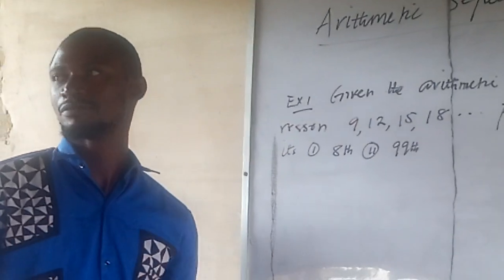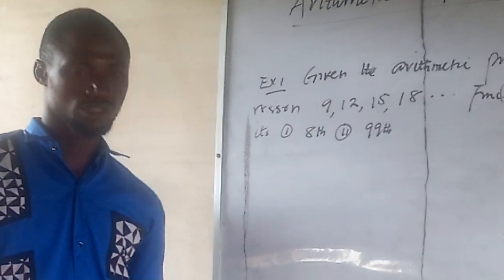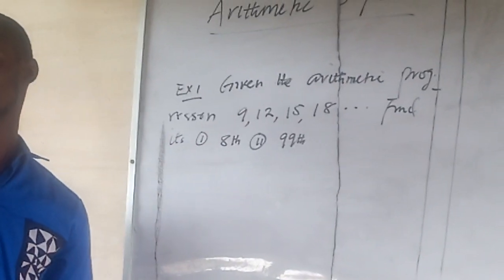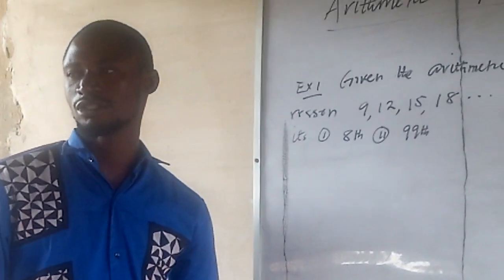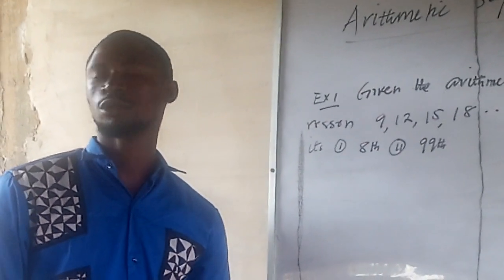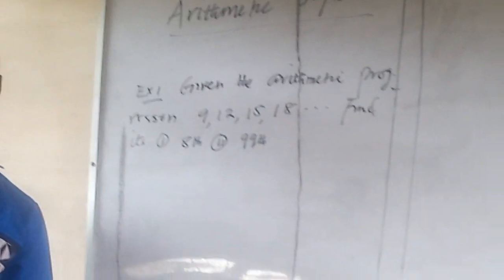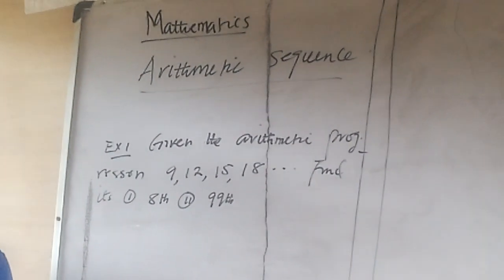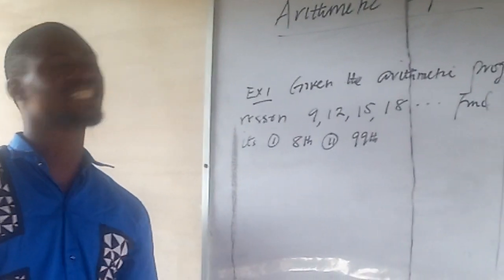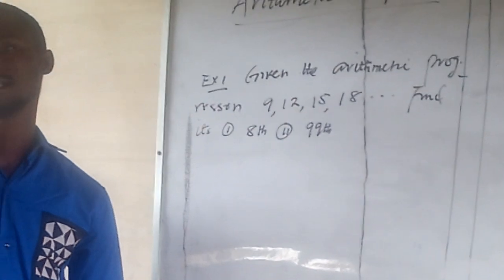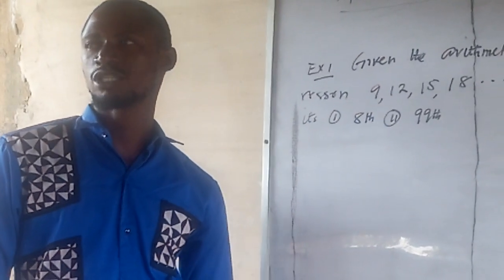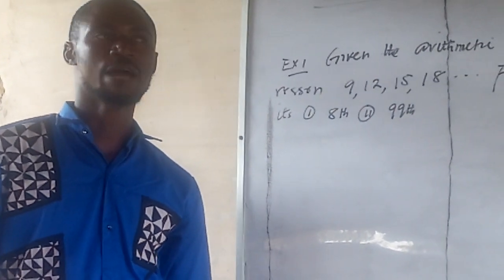Let's look at arithmetic progression. Are you guys writing? Look up. I have not taught you this. What is this arithmetic progression? Arithmetic sequence. An arithmetic sequence is a type of sequence or a type of progression